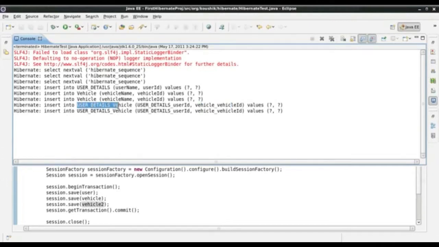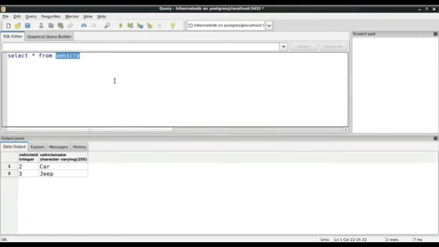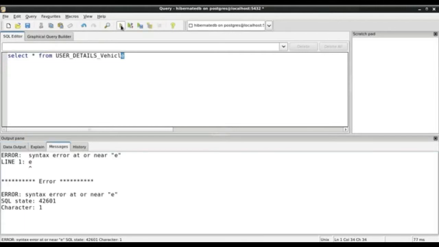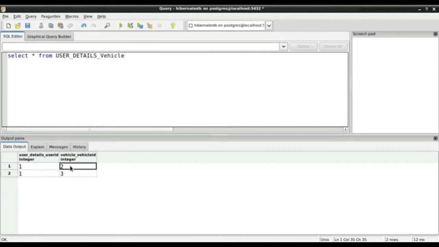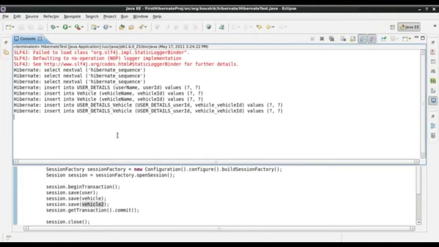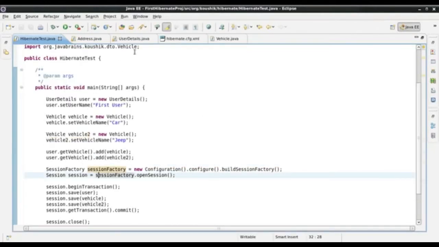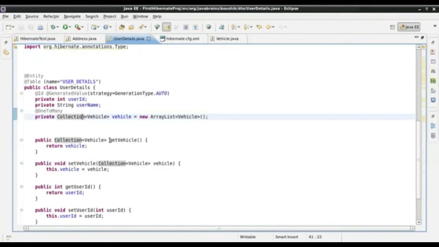So if we just query this one, oops, there you go, one is mapped to 2 and one is mapped to 3. So this is a very simple implementation of one to many. I have this user details.java having a one to many implementation, and this is what is